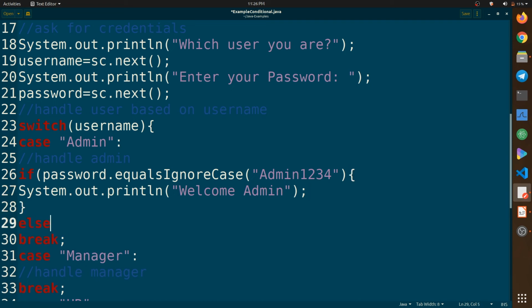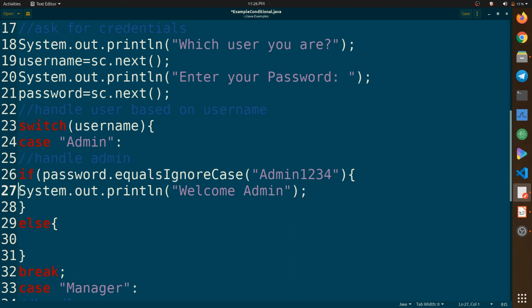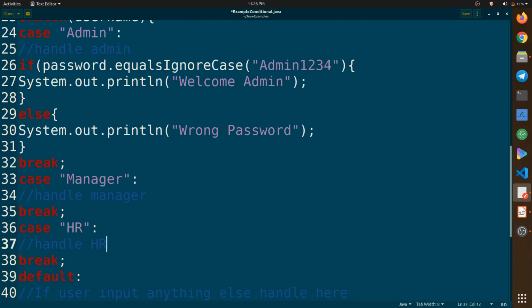And in our else part, we will print some message like password is wrong or something. So let's write wrong password, and this looks good now.